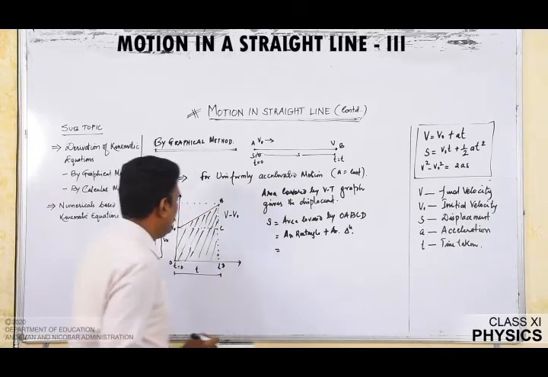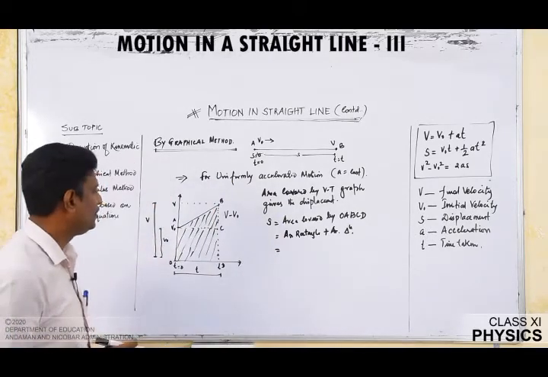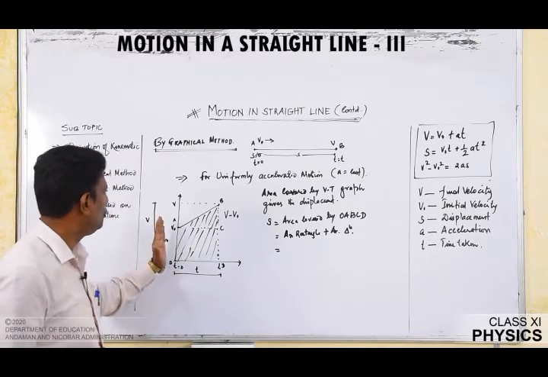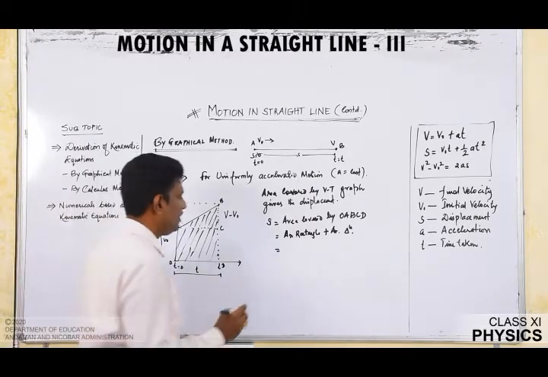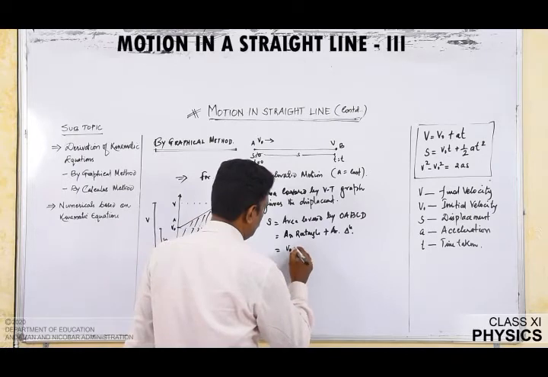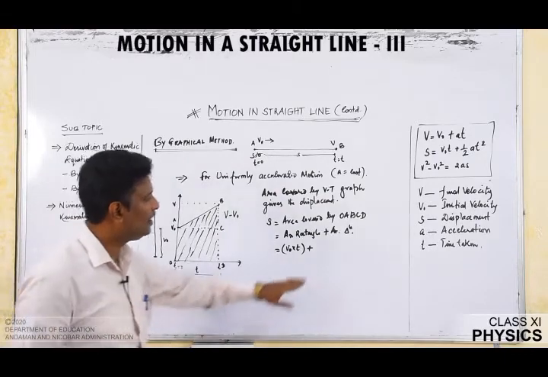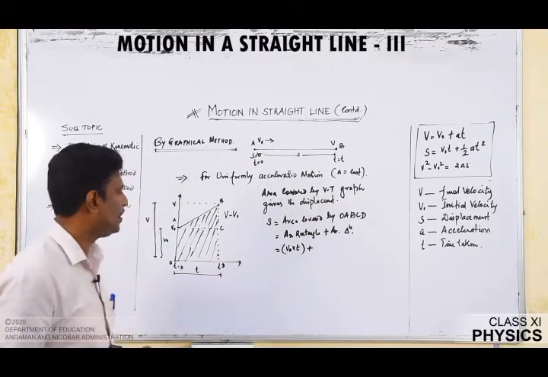Area of rectangle is length into breadth, that is T into V naught, or we can write V naught into T